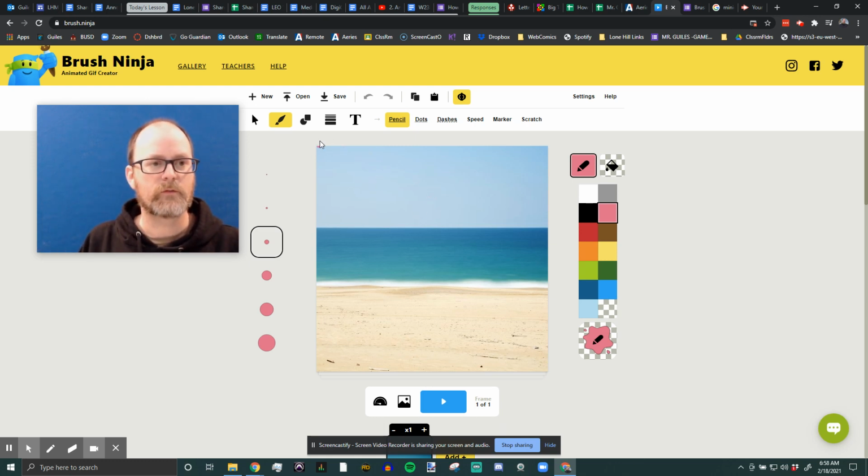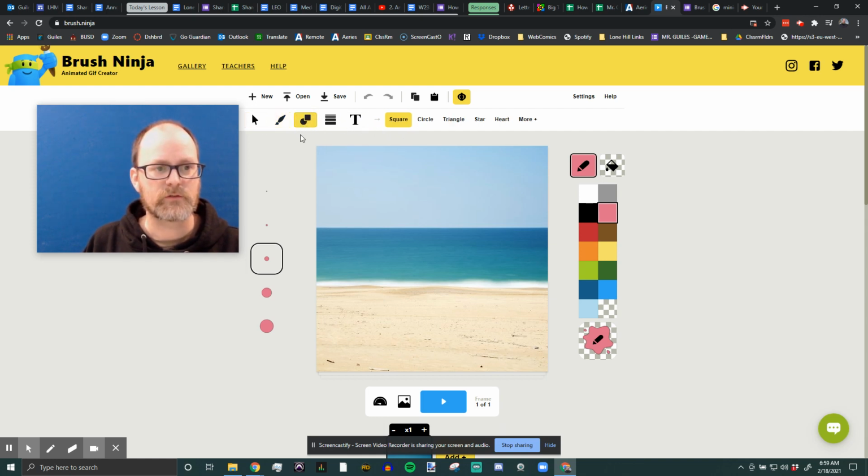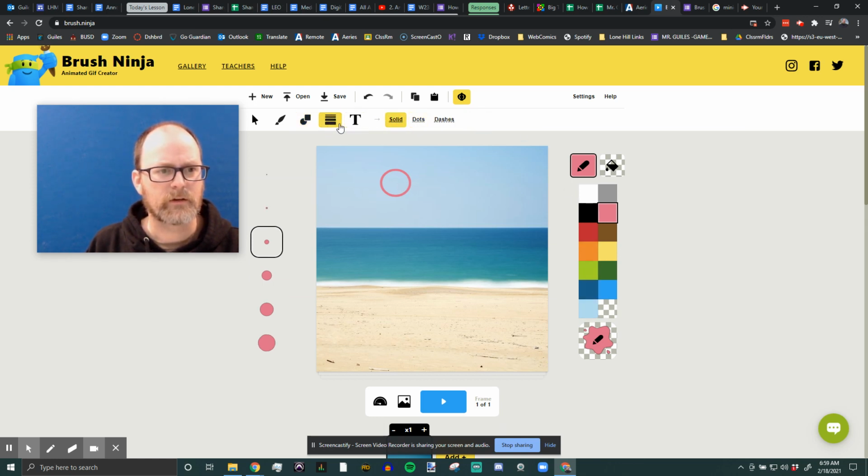Okay. So really just very fast, I'm going to use the shape tools because I'm not a good drawer. I'm going to go to circles, and I am going to just drag out a circle here. And I know there's other features. I can make it thicker, I think. Oh, yeah. Look at that. Wait, what the heck?